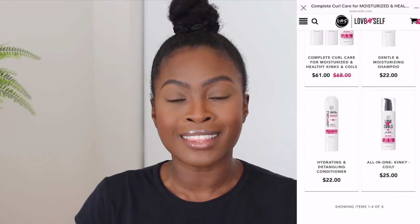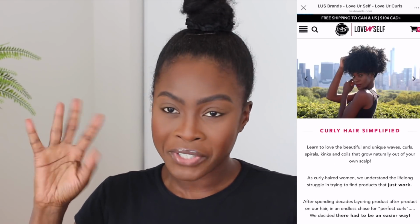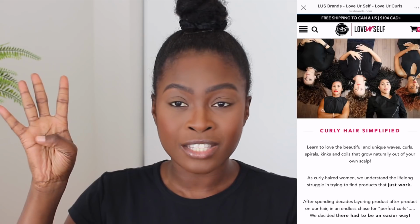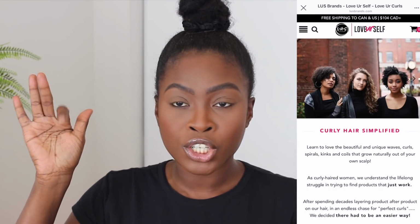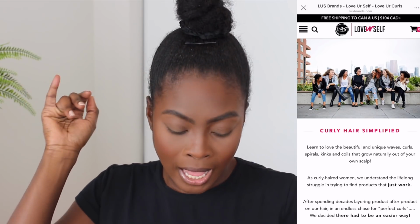I'm going to grade this deep conditioning routine and this product on 5 different things. So first, the size versus the price, the texture, the ingredients, the detangling and slip, and the after results. So after I rinse it out, what does it look like? What does my hair feel like? So those are the 5 things I'm going to be focused on in this video, and we will experience this together,